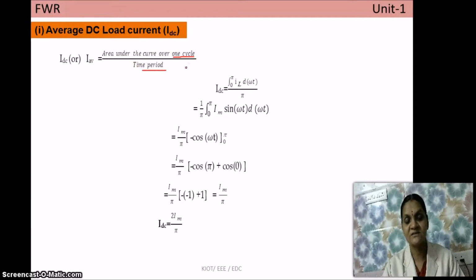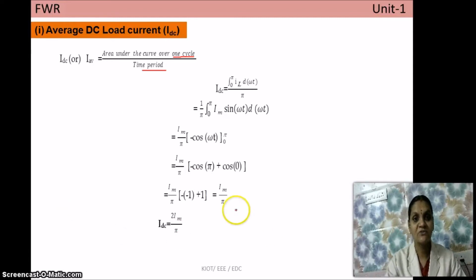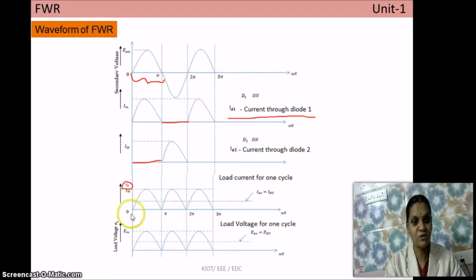How do we define a cycle? Cycle means for how much duration the waveform nature gets repeated. When you consider this waveform, which is an output current waveform, it gets repeated after every pi time period. So we can say one cycle is nothing but 0 to pi. This is because from pi onwards the waveform is repeated again, as it behaved from 0, similar to the 0 to pi interval.